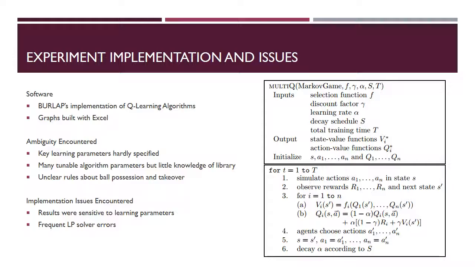So I used these values, and when all else failed and there was some value that I didn't know how to use, I Googled online for other usages of the algorithms or the parameters, and then used those with examples of other people using these Burlap parameters. Finally, I had some implementation errors that I guess aren't particularly useful or interesting, but there were several problems getting a linear programming solver, the one I used in particular was SCP solver, to work, and there were some kind of weird errors that I had to go through.